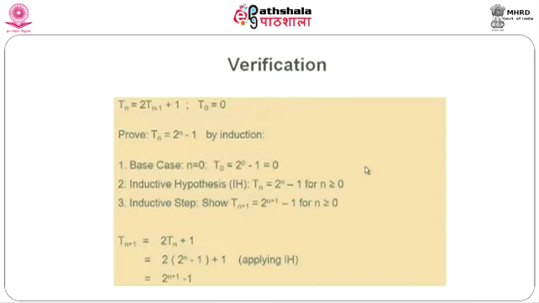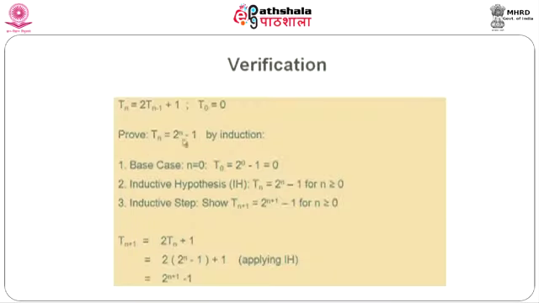Therefore, we come to the conclusion that this is the solution of this particular recurrence equation. Once we guess that, let us try to verify it. For this we will use the concept of mathematical induction. You know very well what mathematical induction is all about. Suppose the hypothesis is true for n, and if we are able to prove that it is true for n plus 1 also, then we can say the hypothesis is true. So, let us consider this as the hypothesis. The base case is n equal to 0.